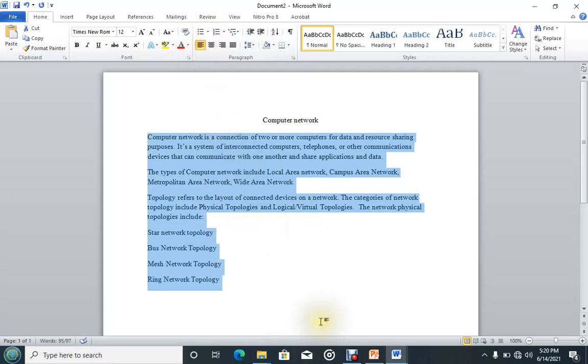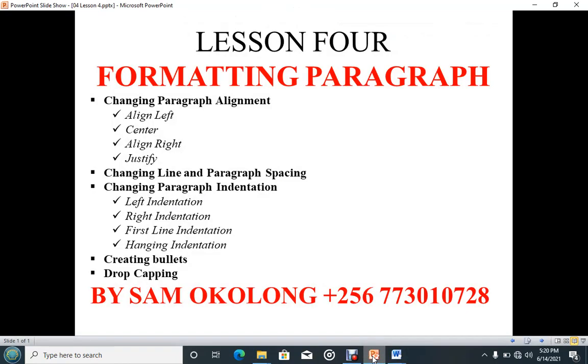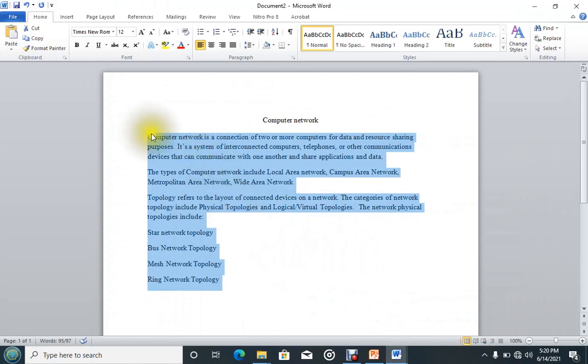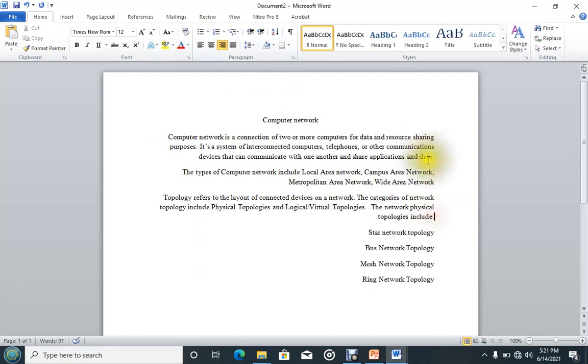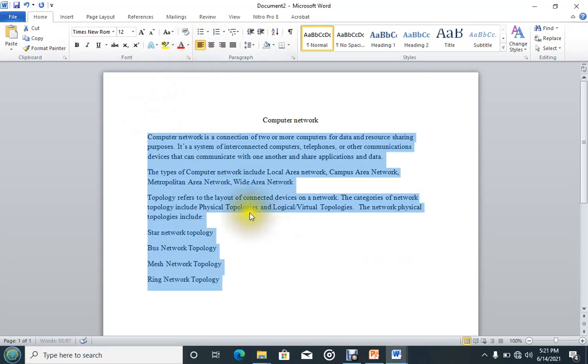Okay. Then the other one is how we can right align. For example, I'm going to right align this text that I have already selected. After selecting it, I simply just need to bring the cursor under paragraph group alignment, and this is right align. You put your cursor on this option, and it will tell you what you are dealing with. So when you click on that, you can see now what I was talking about. Here now we have arrangement very well, but this side here they are disorganized. So that's the alignment which is called the right one.